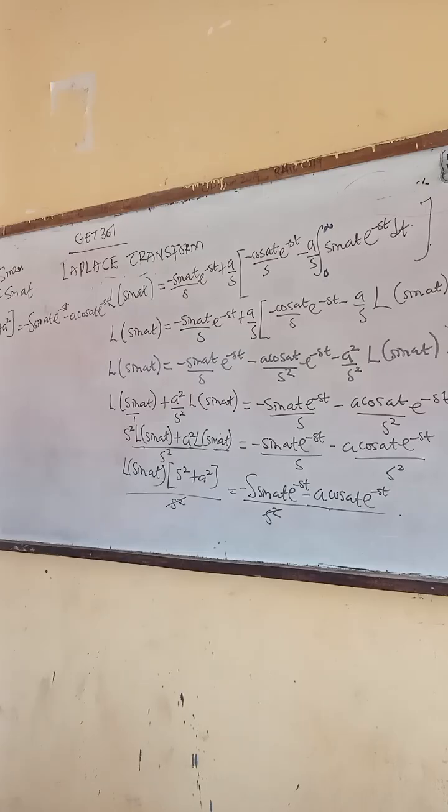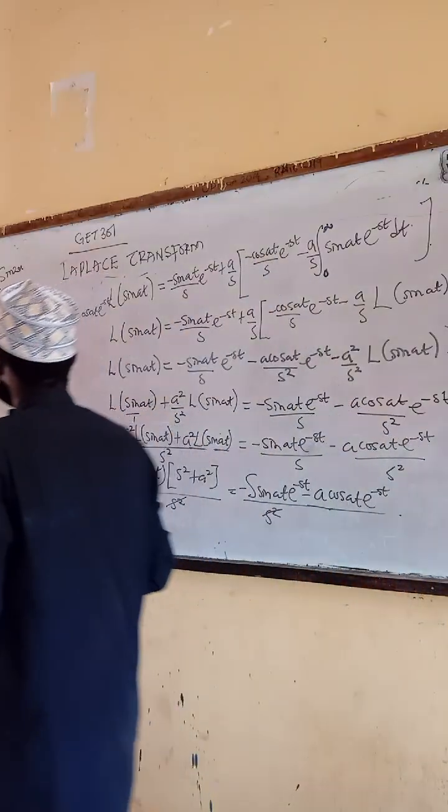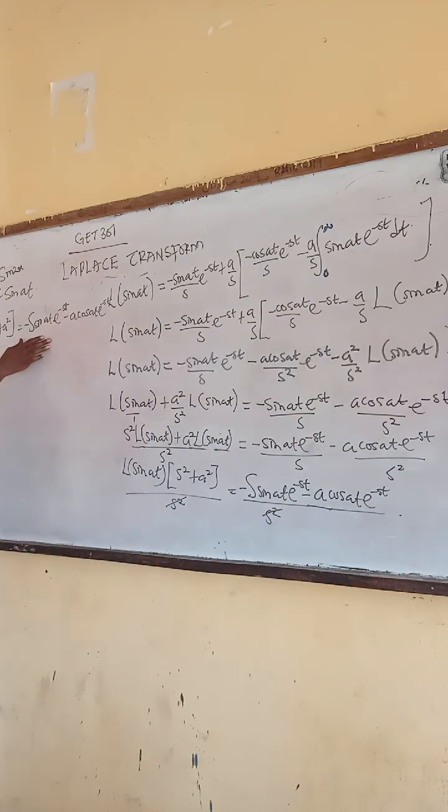Now, from this right hand side, you know all the integration that we have been doing, the first integration that we have done, we didn't take the limit of 0 to infinity. So here that you are having t now, because here you don't have anything except your Laplace of sin(at). So you don't have anything function of t. So at this point now, let's take the limits. So let's put our 0 to infinity. We are going to have Laplace of sin(at) into s square plus a square equals, now we have infinity, so I'm going to have minus s sin